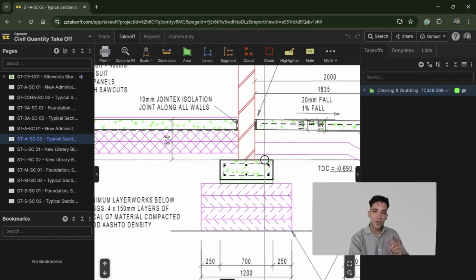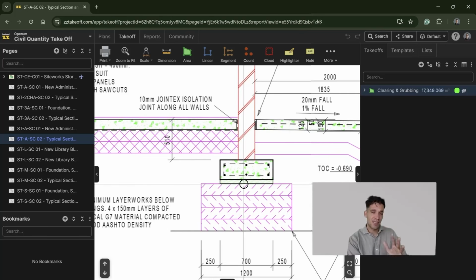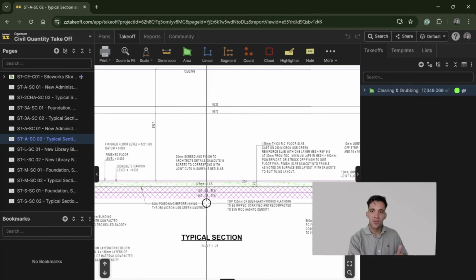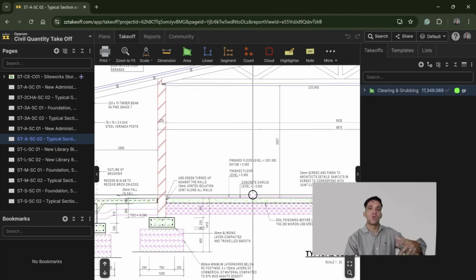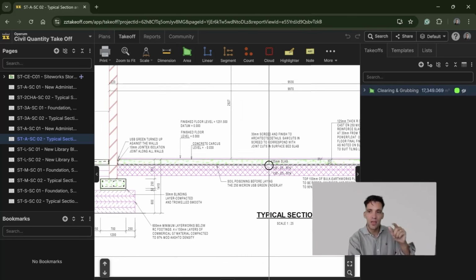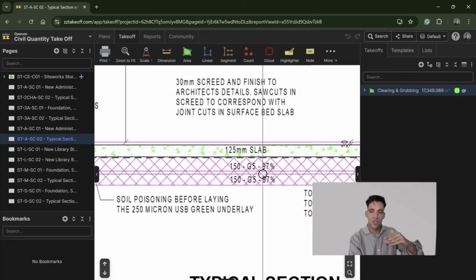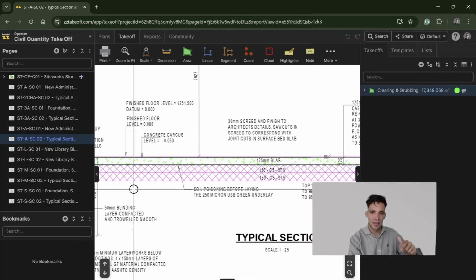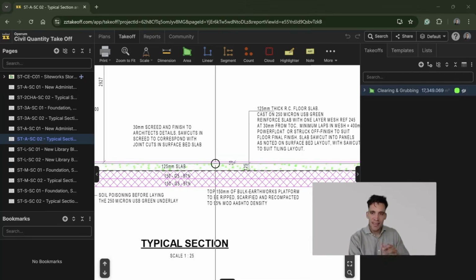Again, these footings I would refer to as detailed excavation, and I'll talk about how to measure those volumes separately. But in terms of the actual overall site cut, this is going to be based on the finished floor level minus that 150 mil we stripped, minus the thickness of the slab. So basically what this note is saying is, from our finished floor level, which we'll call 125.2,